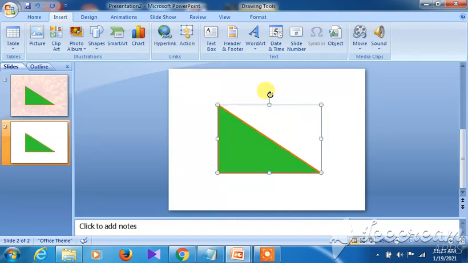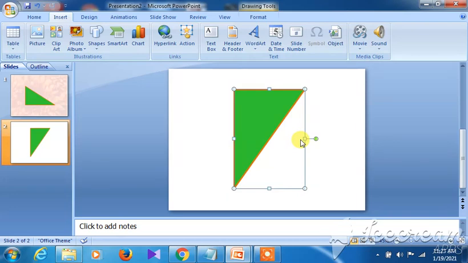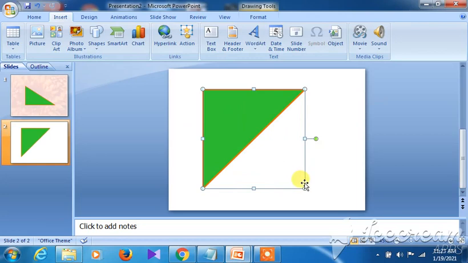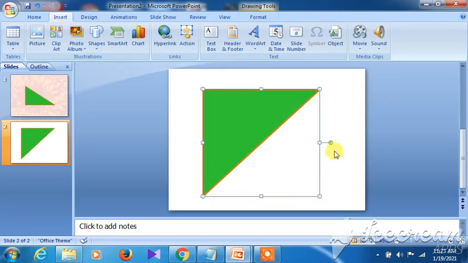Okay, so now this is the resize grid. Sorry, this is not the resize grid. This is the rotating tool, and you can easily rotate the figure over here, and this is the resize grid that I was talking about. So you can easily resize it over here. Okay, so once this particular picture has appeared, you can also type text inside it.